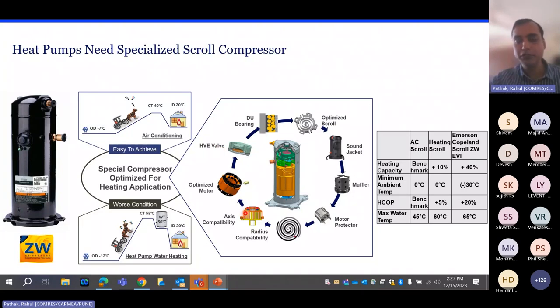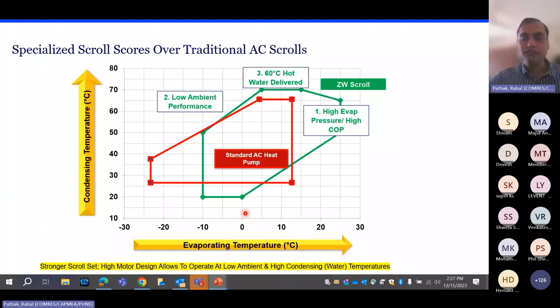I'm not going to go into the details because the topic is different today. I don't want to dwell too much on the compressor. But the message I want to set here is look for a heat pump having a specialized compressor inside it, right? Again, this is too technical, but just to give a message over here,